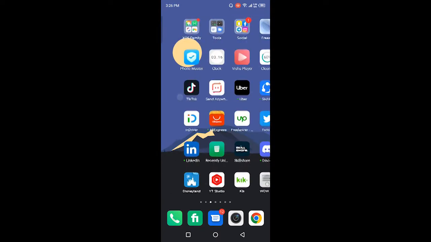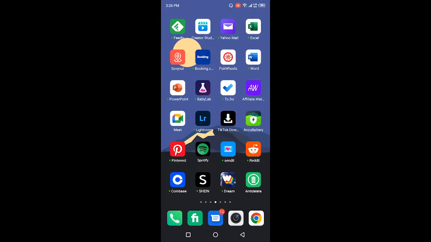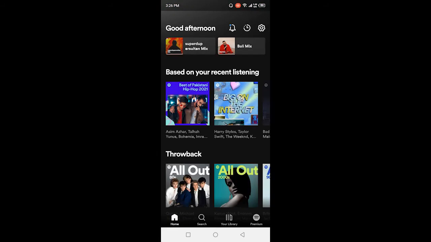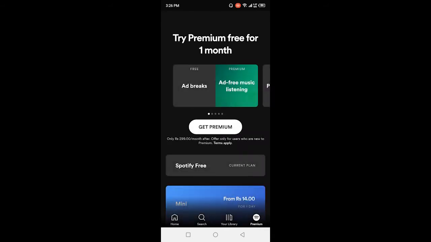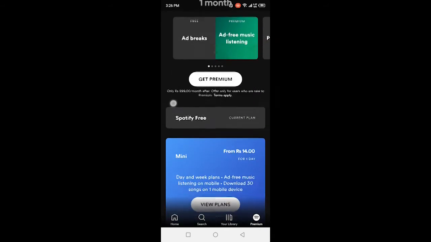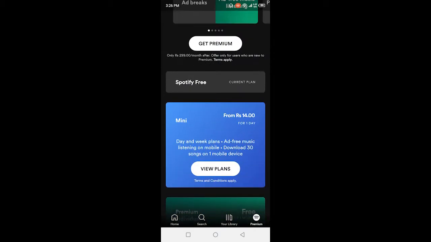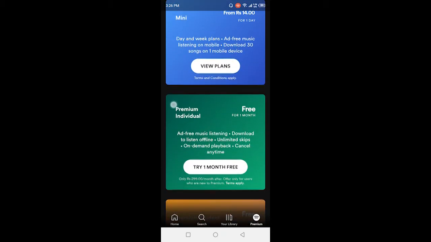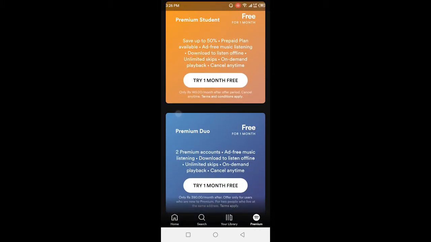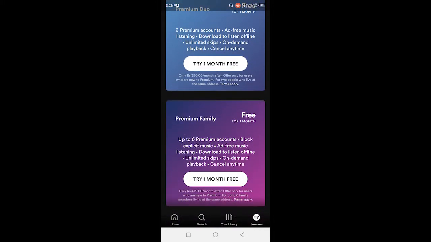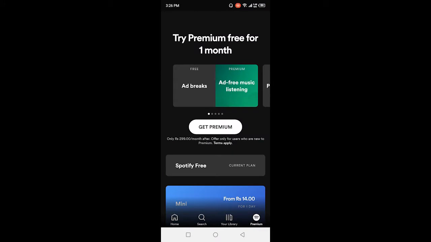The first step you need to do is to open Spotify. Once you open Spotify, you simply need to click on Premium in the right bottom corner. Once you click on that, you will see different plans: Mini, Premium Individual, Premium Student, Premium Duo, and Premium Family. You can select any one. So first you need to click on Get Premium,